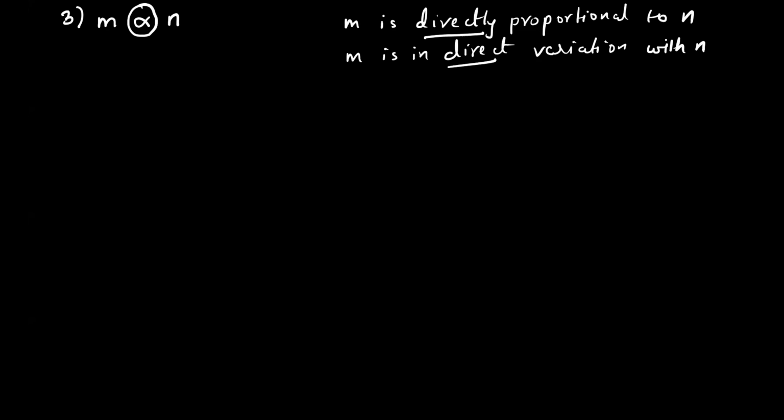Okay. But we cannot use this symbol. We have to convert it to M is equal to. So when we make it equal to, what will happen on the right? You have to add k. So you'll write kN. And what do you write in bracket? K is a constant of variation. Correct. So I hope everyone is writing this in the bracket. That k is a constant of variation. Fine. Now, first thing that we have to do is find the value of k.